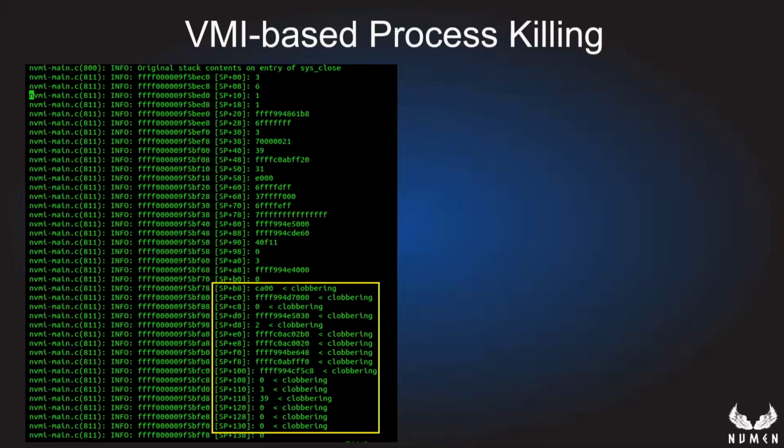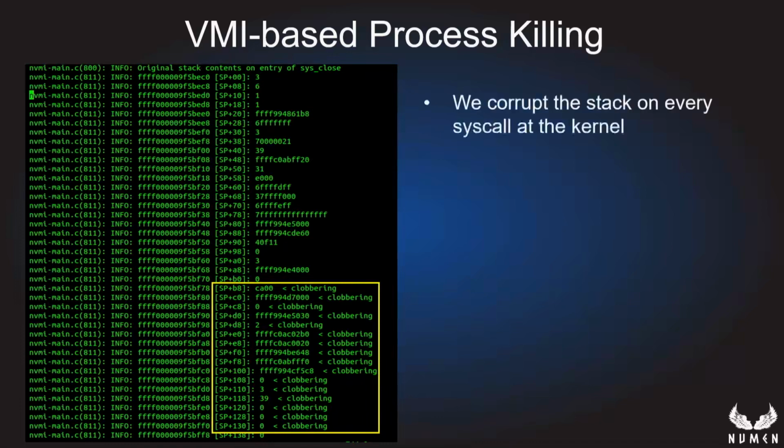So what we do is in the kernel, because this whole VMI, guys, is being executed in the kernel. We are not using user mode syscalls because it's too consuming, a lot of performance issues. So we are just hooking in the kernel. When this 300 process is running, what we are going to do from VMI is monitor all the syscalls. When the syscalls come in from that process, we're going to mess with the stack. That information that you see in the green is the full stack dumped